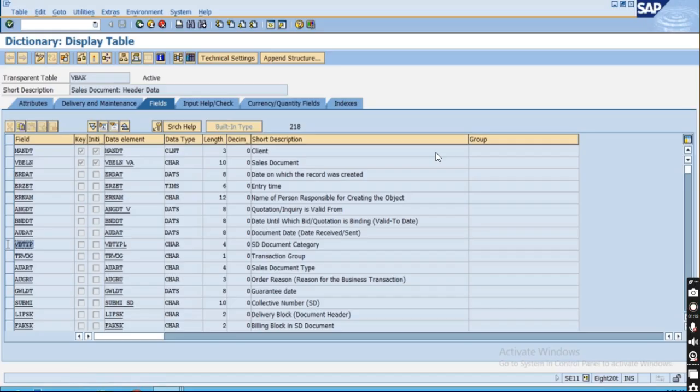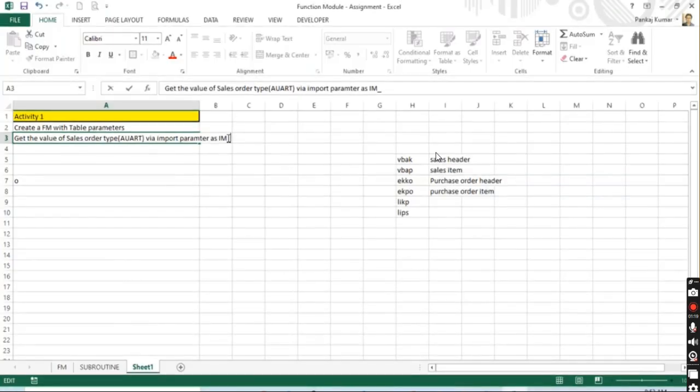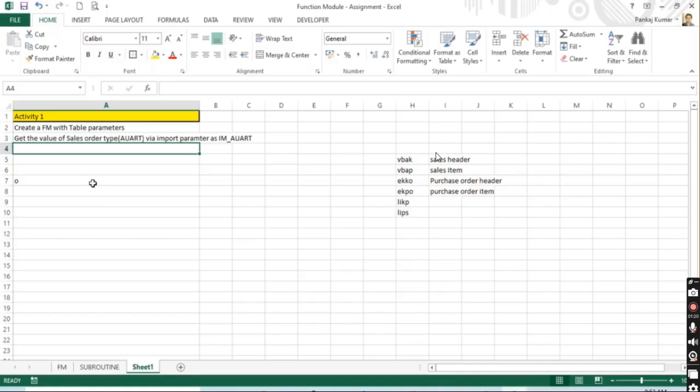Get the value of sales order type, that means AUART, via import parameter, right? IM underscore AUART. Now, based upon this value AUART,